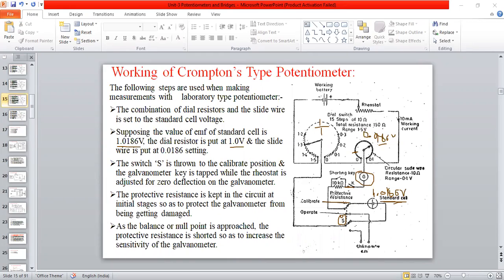Here also the supply is the same. This one we have already set at the same point, meaning we have to make the deflection 0. Only for the initial condition are we passing all the current in here, just for the blockage system. Once the galvanometer deflection has started, then I will close this switch here.